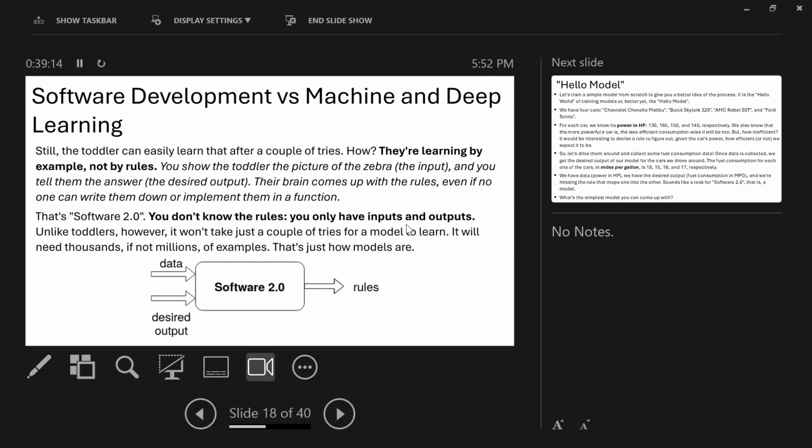It's by example. I'm giving you the data, and I'm giving you the outputs, and your brain, I don't know, magically is just able to develop the rules. That's the way we human beings learn.